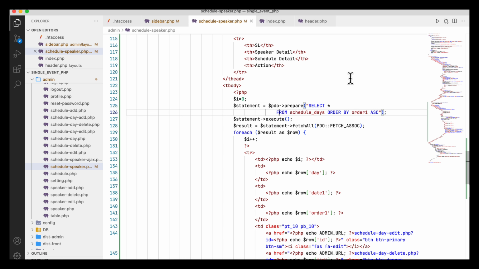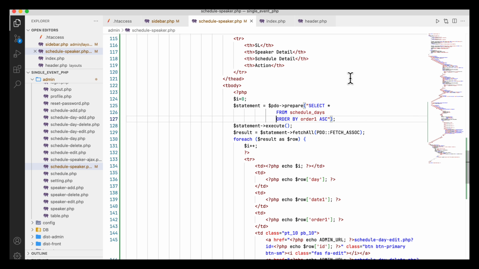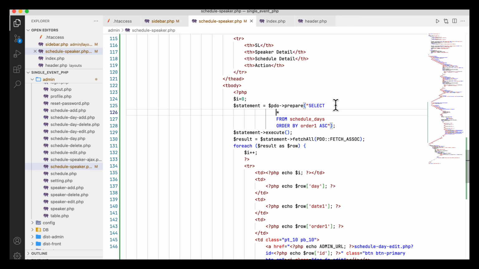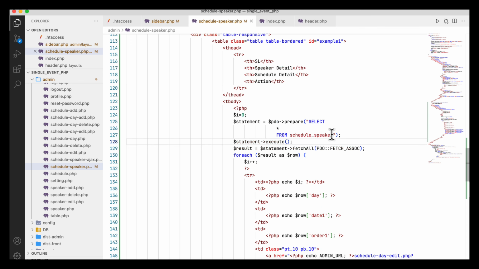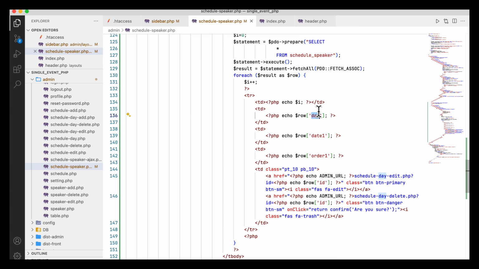Now I will take all the data from the schedule speaker table. So what I can do is I can select all the data. Here I will use something in the select, but for now it is okay. So from which table? That is schedule speaker. So select all from schedule speaker, and here I can use order by. I am going to use order by later. First this one, select all from this, and I have the ID in my hand, right? So for speaker detail, I have the speaker ID in my hand. So if you write here speaker ID, and here schedule ID,